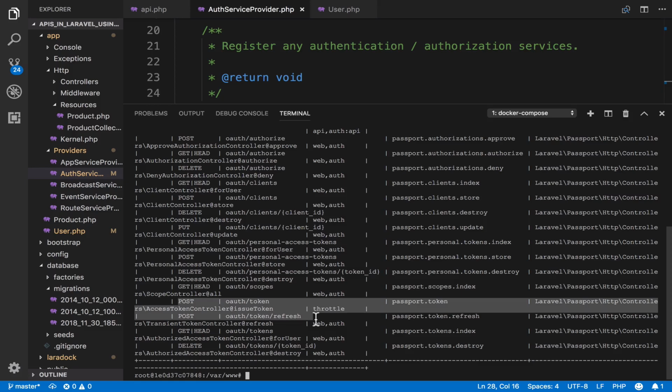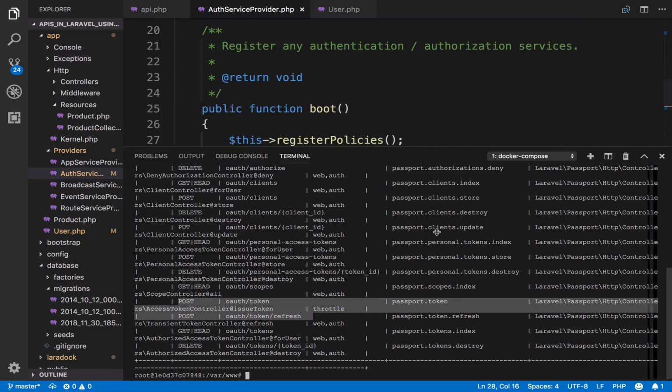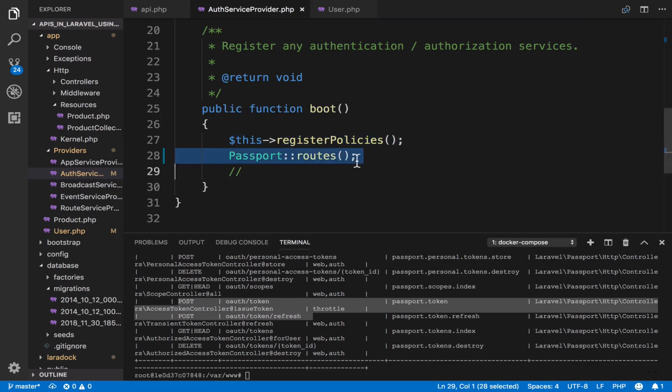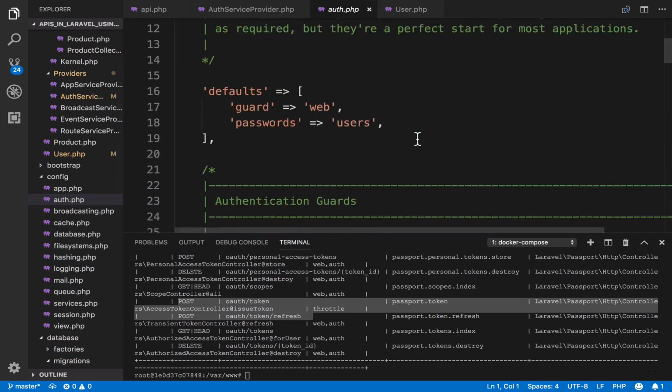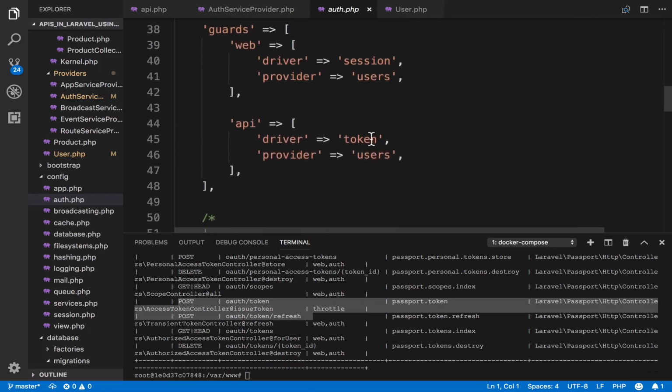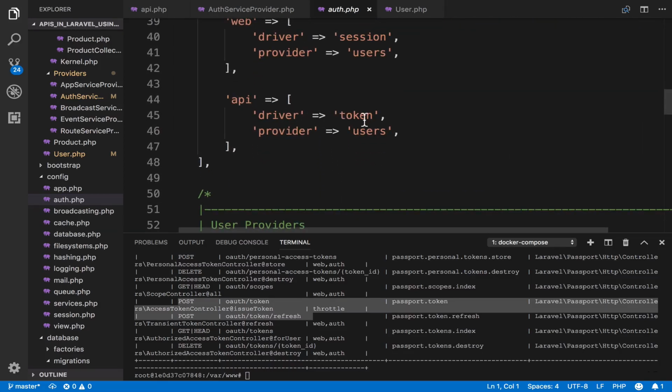So in terms of best practice, I would suggest to remove Passport routes from AuthServiceProvider, and instead declare the routes one by one, and of course you declare whatever you need. I am not going to do it in this video because I want to have a course just on Passport where I explain everything that Passport has and provides. Anyway, we will keep it there for now, and you will open auth.php and down here, API driver,